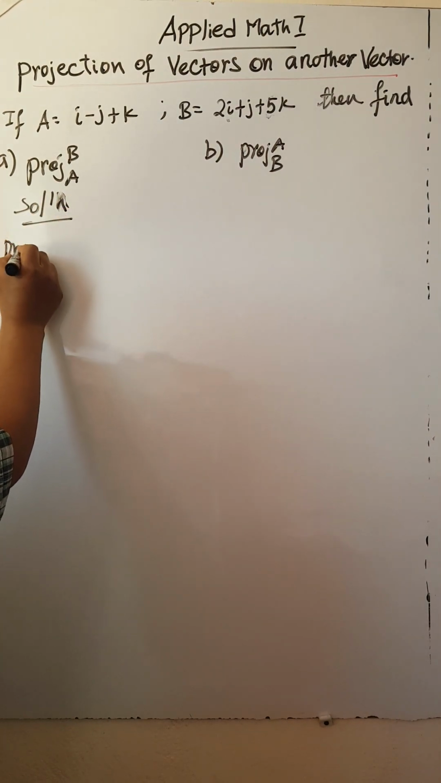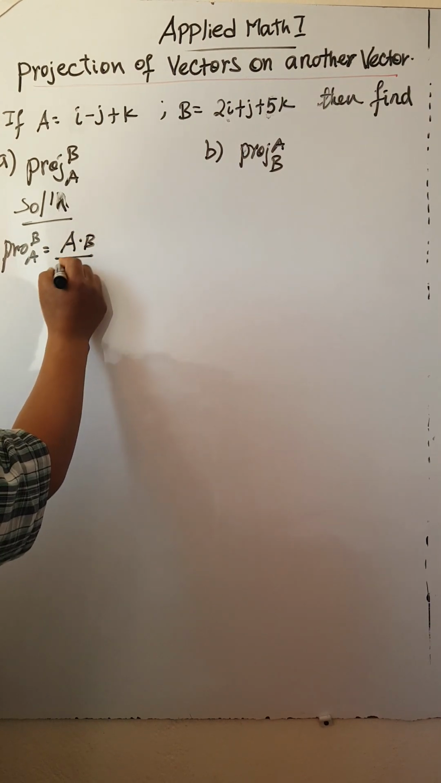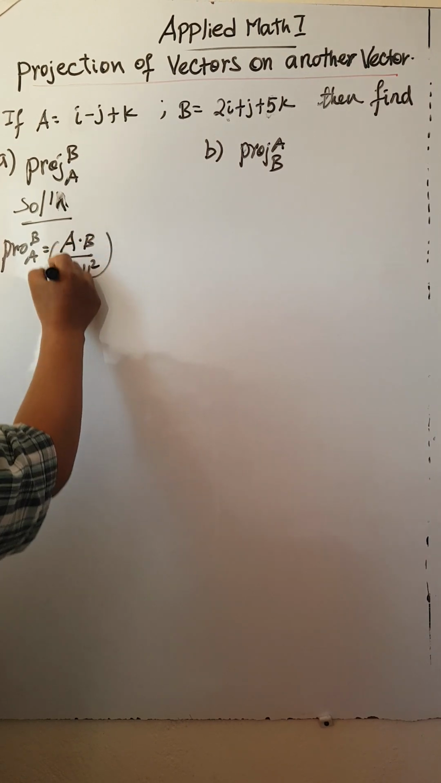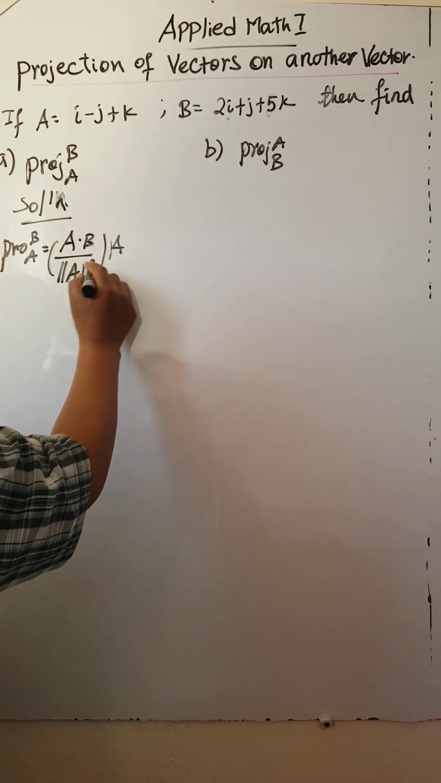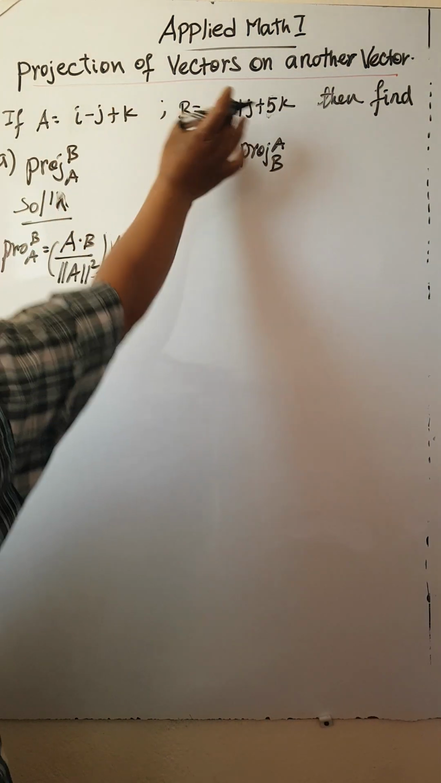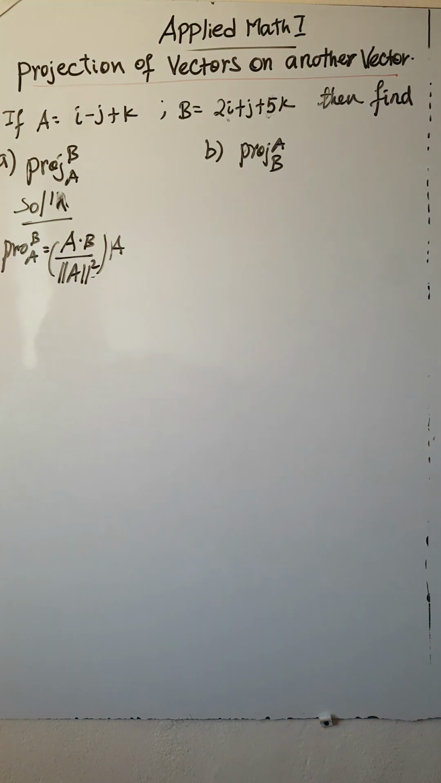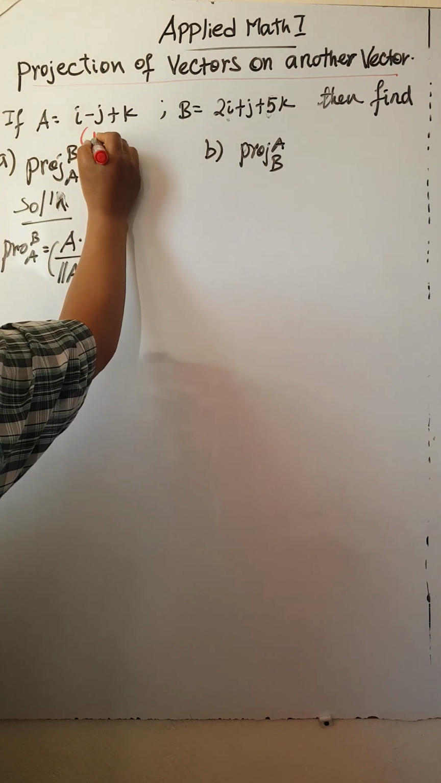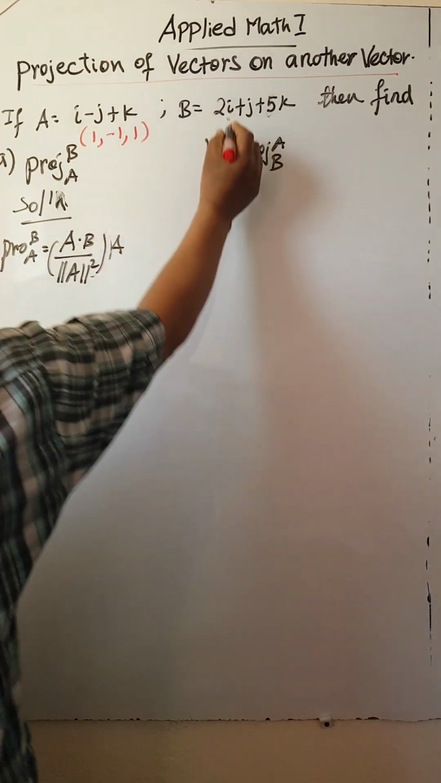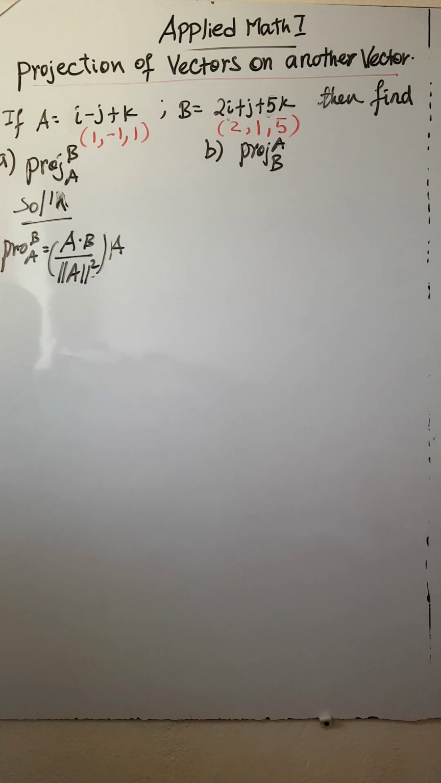Now projection of B along A is equal to A dot B divided by norm of A squared times vector A. This is a projection of B along A. እንደዚህ ካልን እነዚህ ቬክተሮች ሲምፕሊ ሲቀመጡ ይሄ ቬክተር ምን ማለት ነው? This is 1, minus 1, 1 ማለት ነው። ይሄ ቬክተር ደግሞ 2, 1, 5 ማለት ነው።